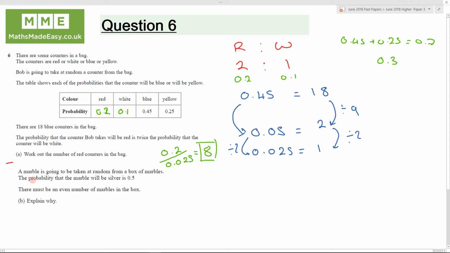On to part B. A marble is going to be taken at random from a box of marbles. The probability that the marble will be silver is 0.5. There must be an even number of marbles in the box. Explain why. The answer is yes, there must be an even number of marbles in the box, because if you